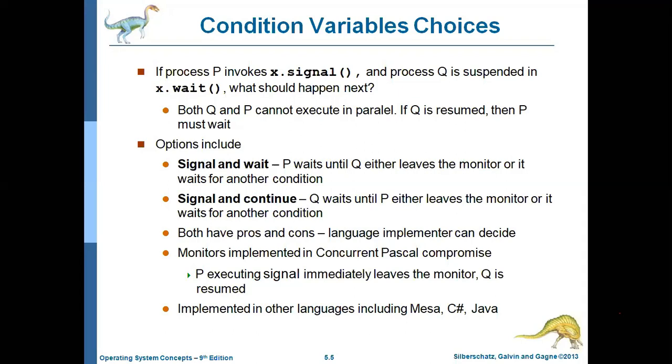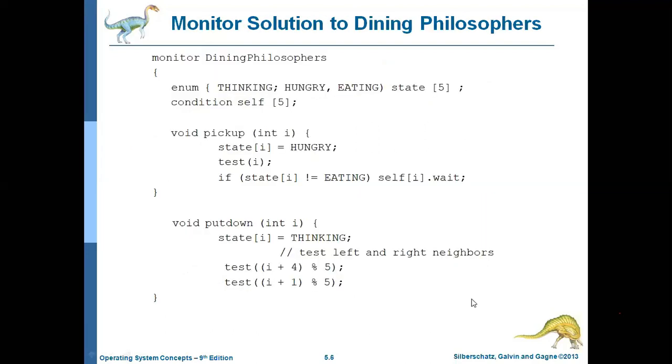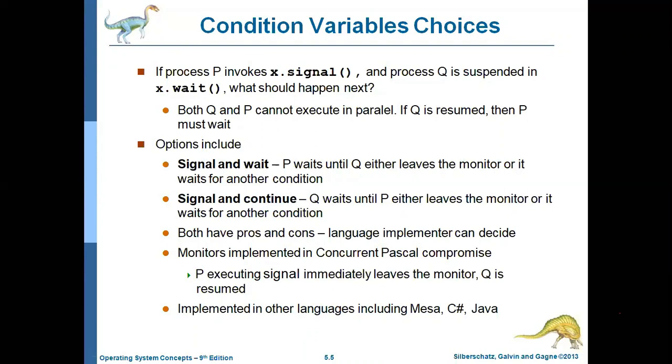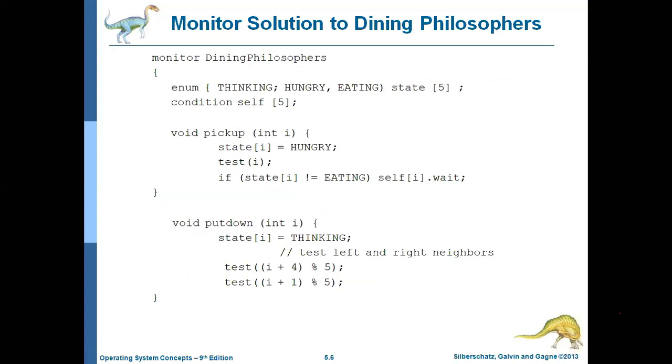Wait and notify constructs. You have the Java language, right? So in that Java language you have synchronization methods. Monitor is also one type of process synchronization. But it is implemented in other languages, not in the OS. We have to implement it in other languages also, that is C Sharp and Java. Okay, so there you have to study the wait and notify constructs in the Java synchronization methods.